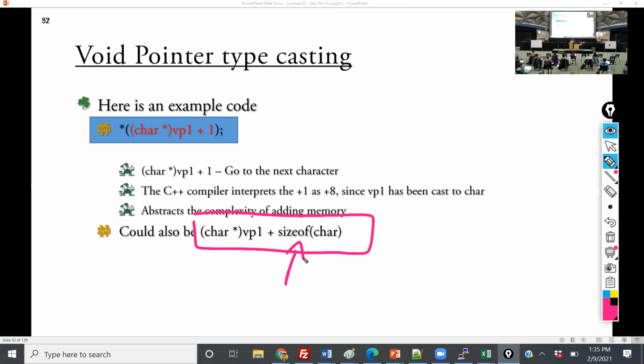The last part is now what? Now we're pointing to a specific location. And yes, question. Correct. So the difference is if this was just char star VP1, we are telling the operating system that this piece of memory, which we initially allocated as a void pointer, all that memory, you need to divide into 8-bit chunks, and they are characters. We are forcing that. It's explicit. Then when I say +1, move to the next chunk of memory. Did that address your question? Awesome. Any other questions?